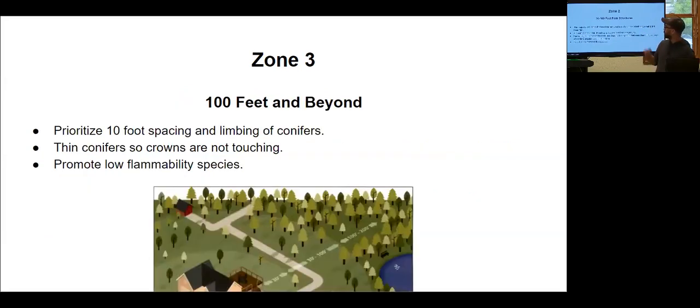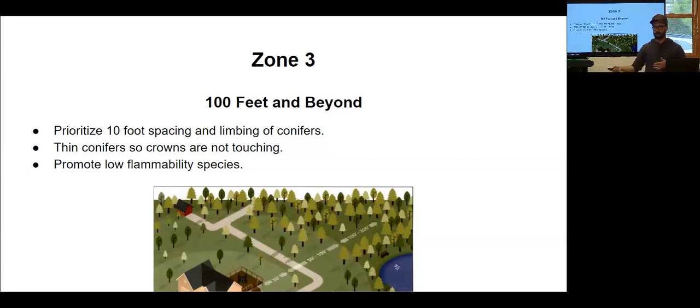So then let's talk about after that 100 feet. This is going to be very similar to the zone before. It's just you need to manage a little bit less in this case. Again, you want to prioritize that 10-foot spacing. You want to prioritize crowns not touching, but